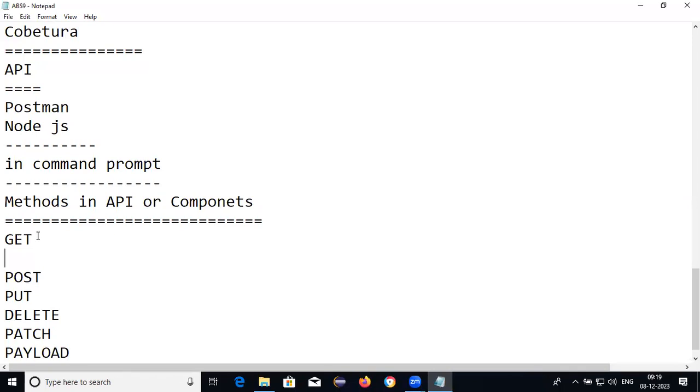If you want to provide a request to the API, we have different types of requests: GET, POST, PUT, DELETE, PATCH, and payload.